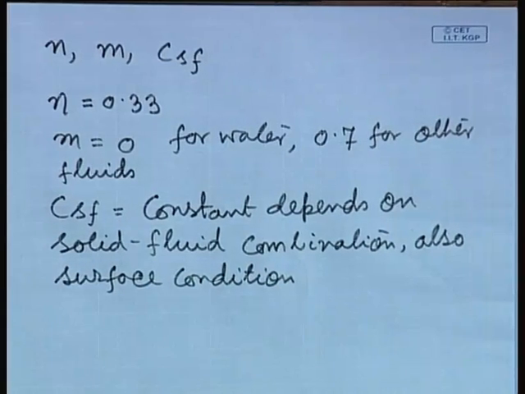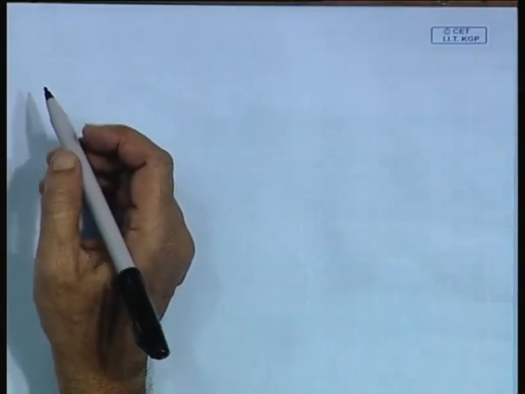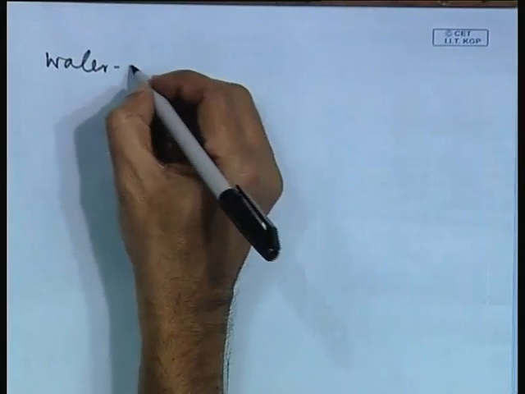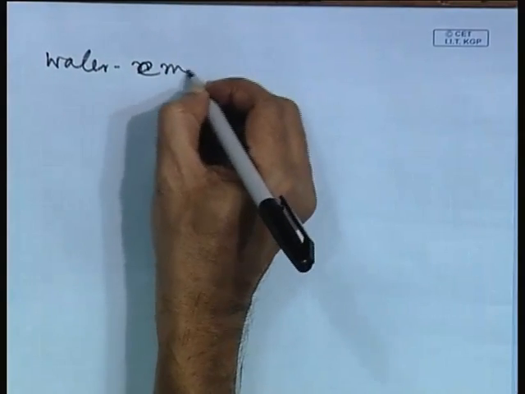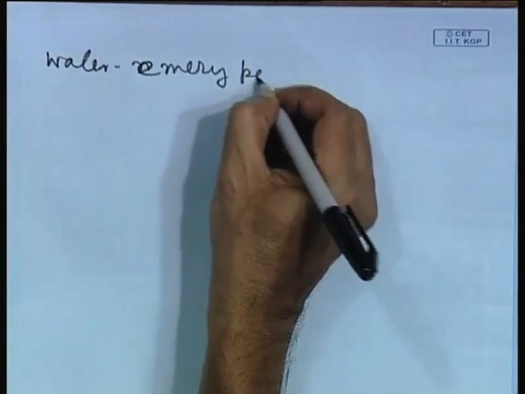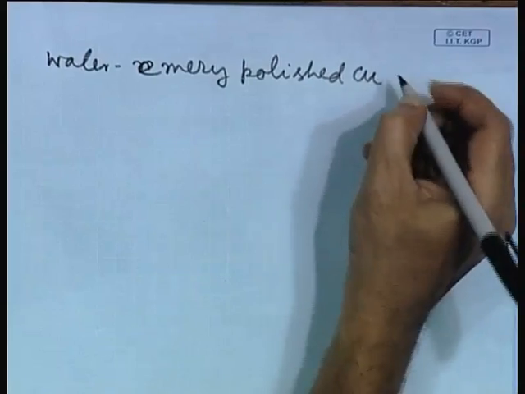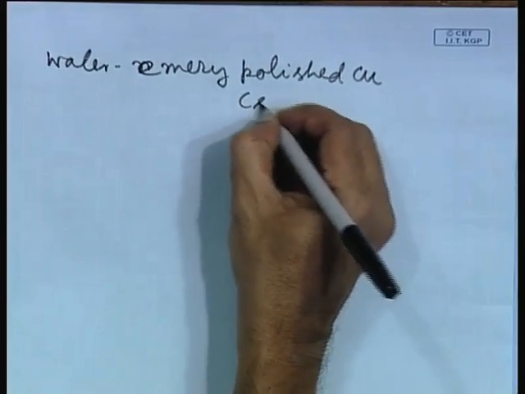Okay. So, there is a very long list of how CSF varies for different solid-liquid combinations. For example, suppose we have a combination of water and emery polished copper. So, CSF will be